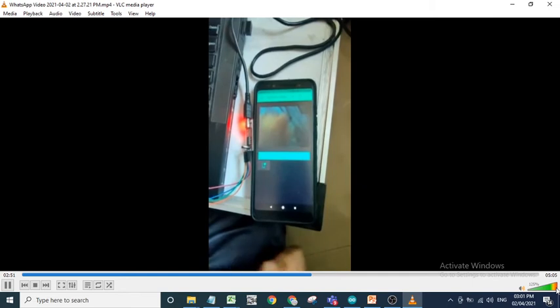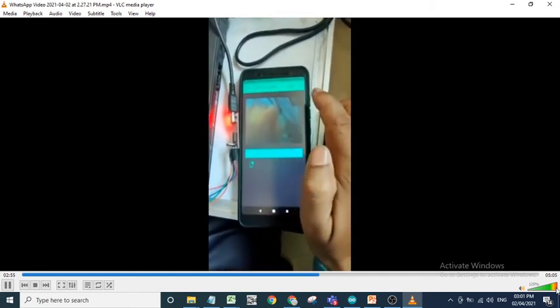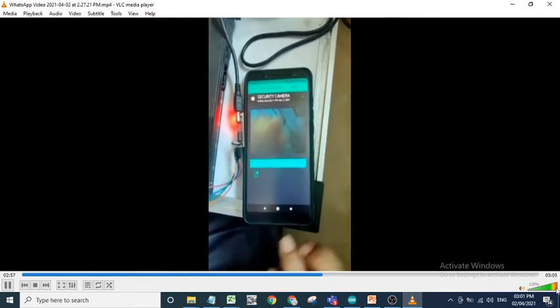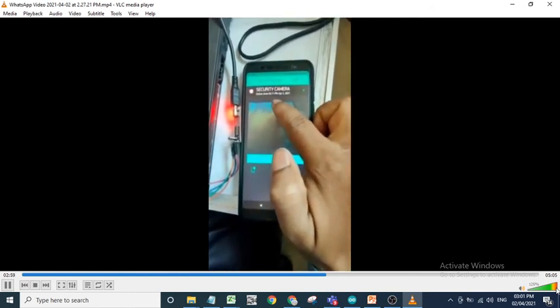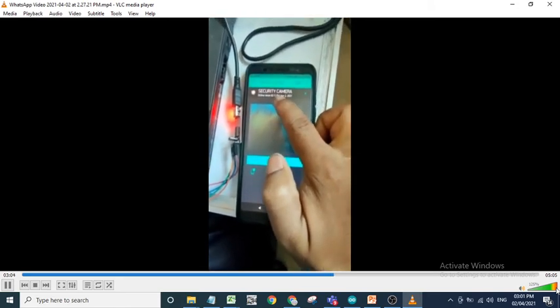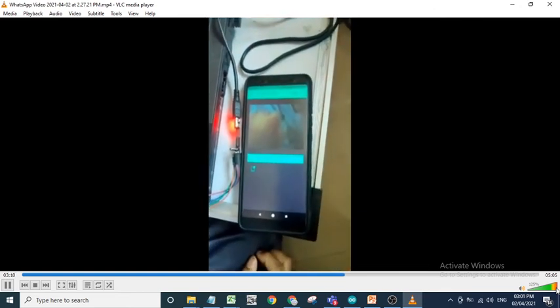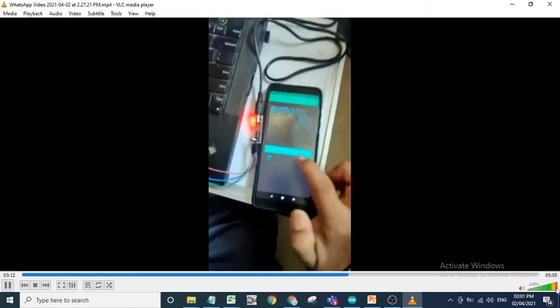So this is my Blink app. Now I will play this Blink app. So when the Blink app is played, here it indicates it is online since 2:11 p.m. So right now my mobile timing is 2:18 and it is online from 2:11. Now if you have to take a photo, you have to click here.